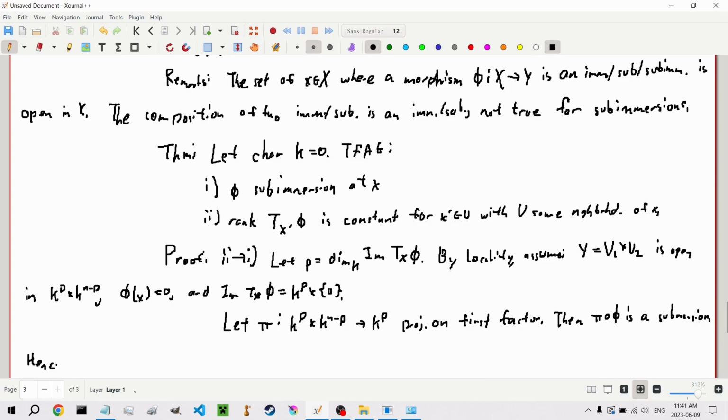Hence, we can assume x being v1 times some u2 is open in k to the p times k to the m minus p, and that pi composed with phi, a map from v1 times u2 to v1, is projection on the first factor,